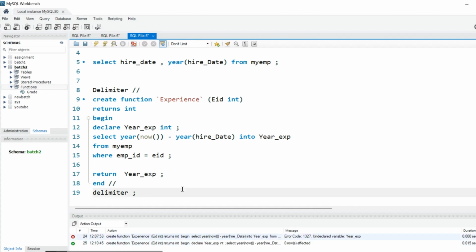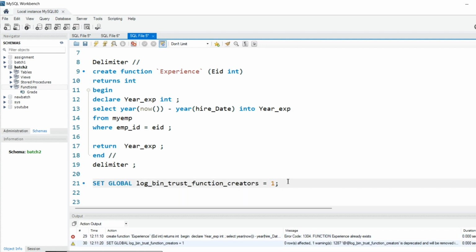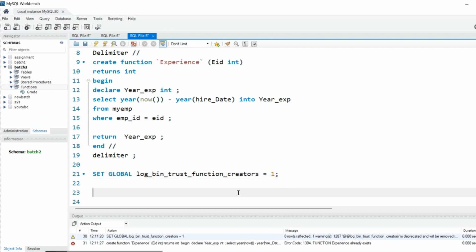If you hit Ctrl+Enter now, it will take effect. Sometimes it may throw you an error. You can run this query, let me show you. If you run this query, it will not throw you any error. Okay, so let's try this. It's not like a stored procedure where you call the function name. That will not work. As I mentioned earlier, it will be a part of your query.